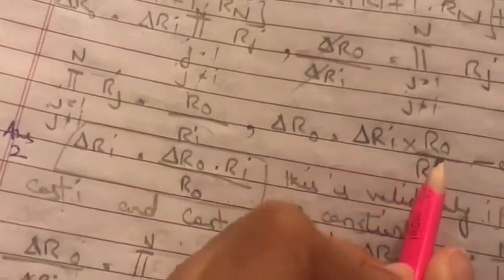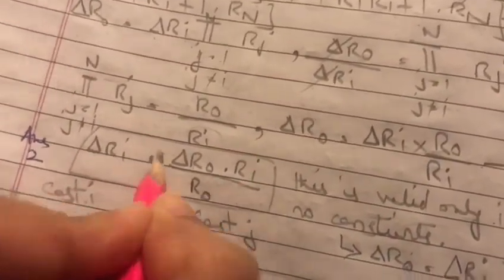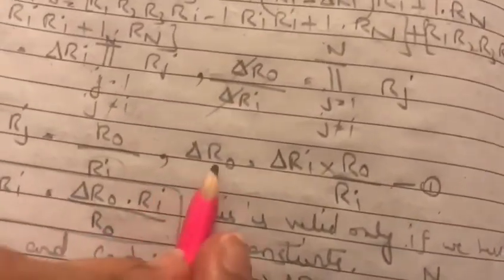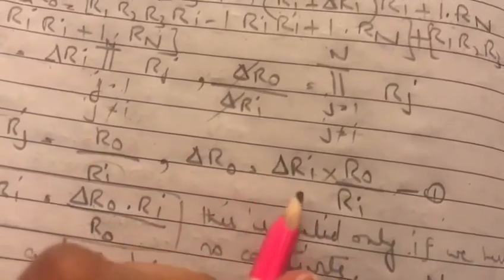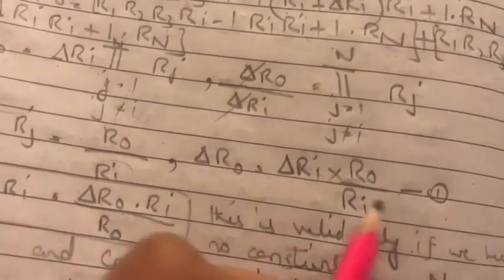And we also find out that delta Ri is the component that we have to work on. So this equation can also be written like this: if you have to find delta Ri, it equals delta R0, and this Ri goes there and gets multiplied with delta R0, and this R0 goes in division here, and we got delta Ri as this. So what we find out now is that